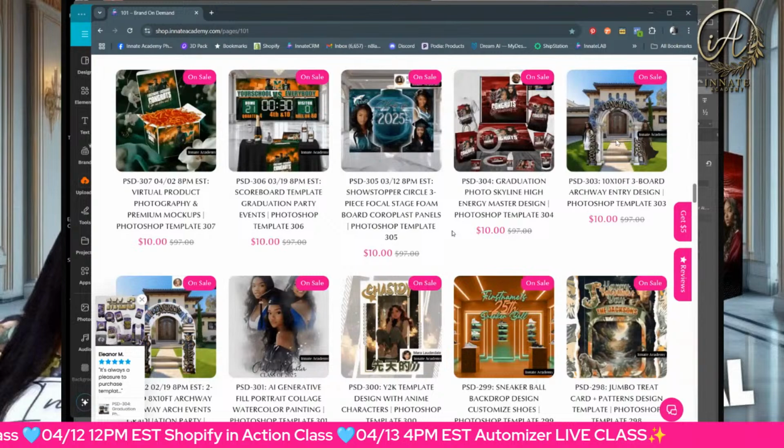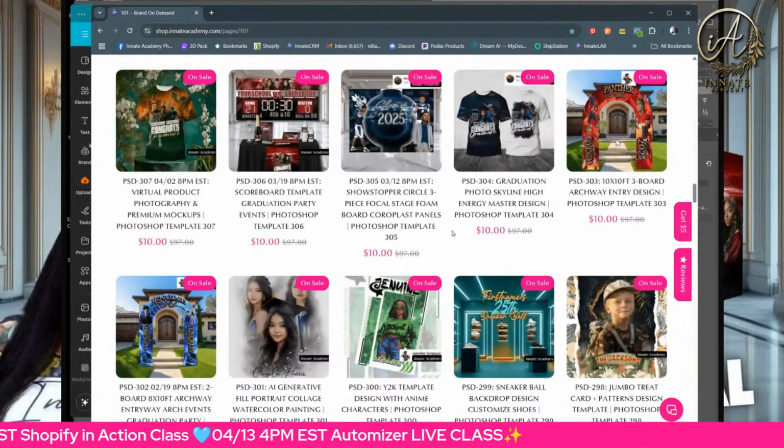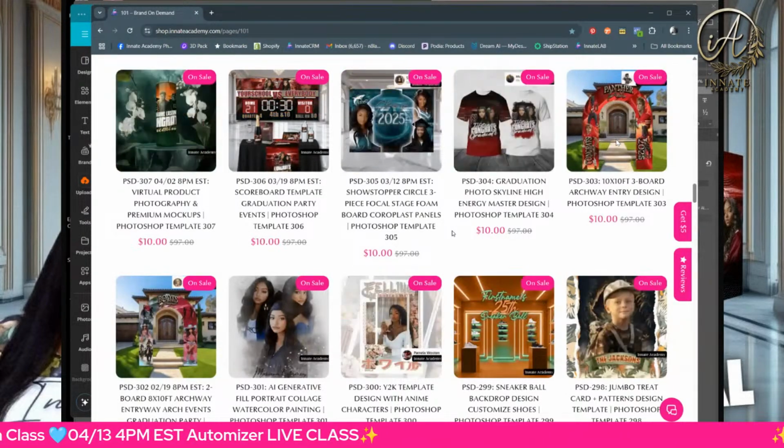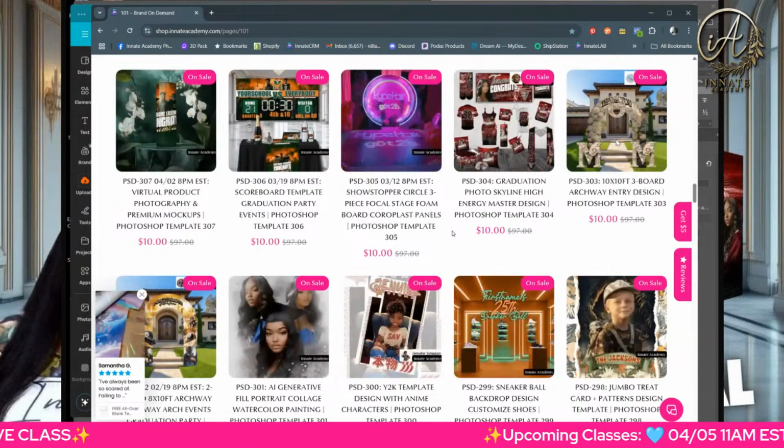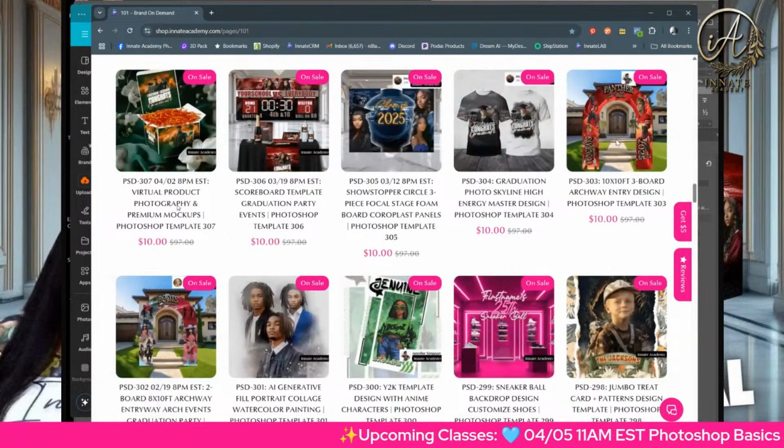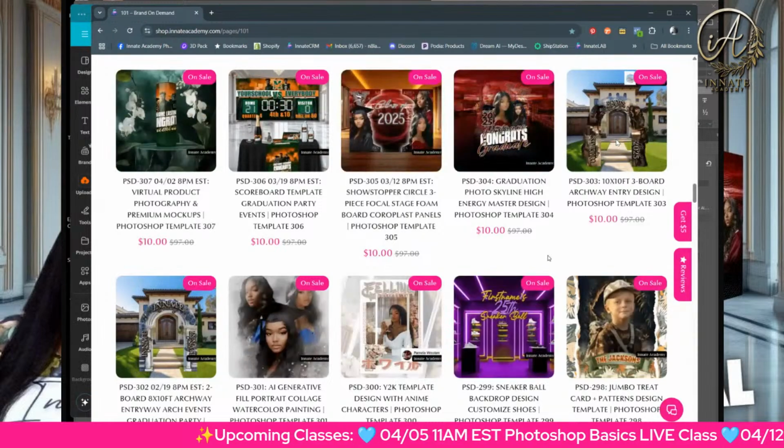So that would work for Instagram. It would work for Facebook. It would work for your advertisements. If you're building your advertisements and you want to go ahead and start doing Facebook ads, Google ads, YouTube ads, etc. But these GIFs kind of perform the same kind